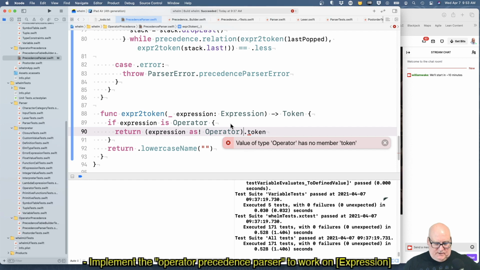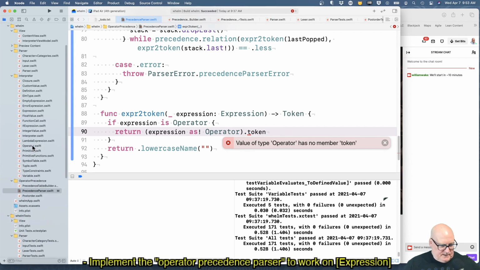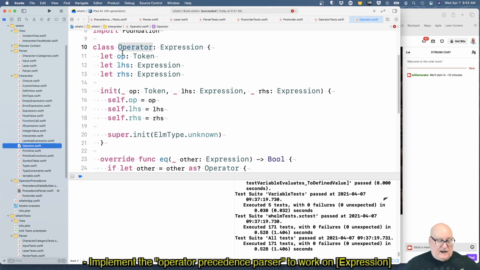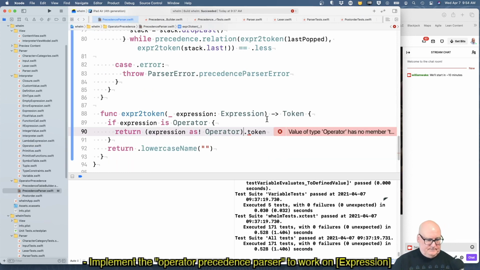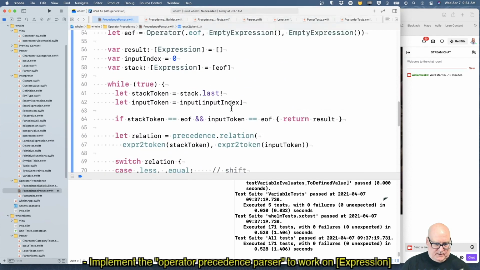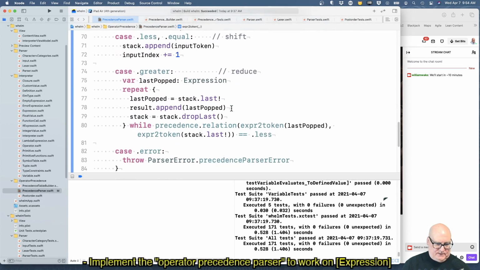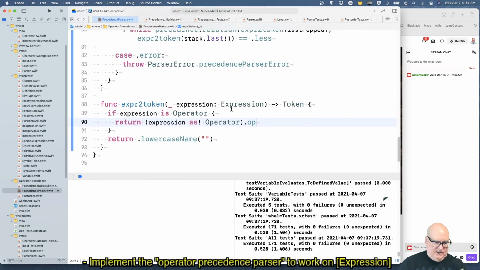Has no member token. What did we call it? Op. Okay. All right, so that's kind of a mechanical translation, I guess.